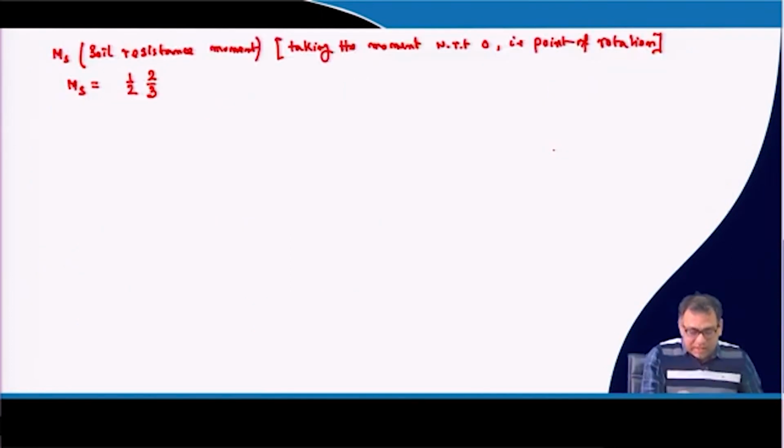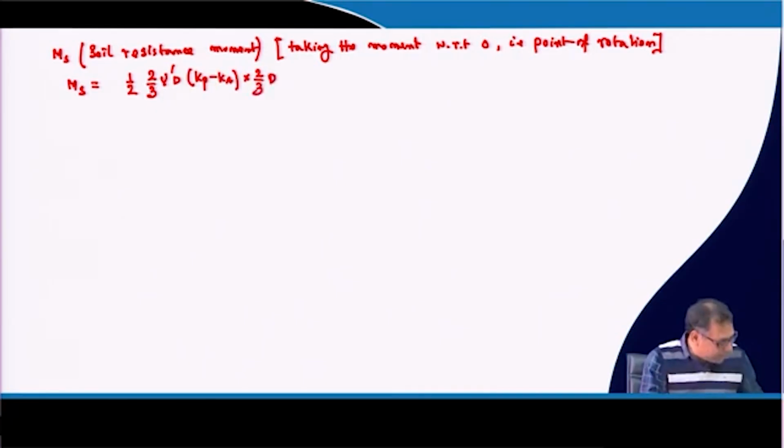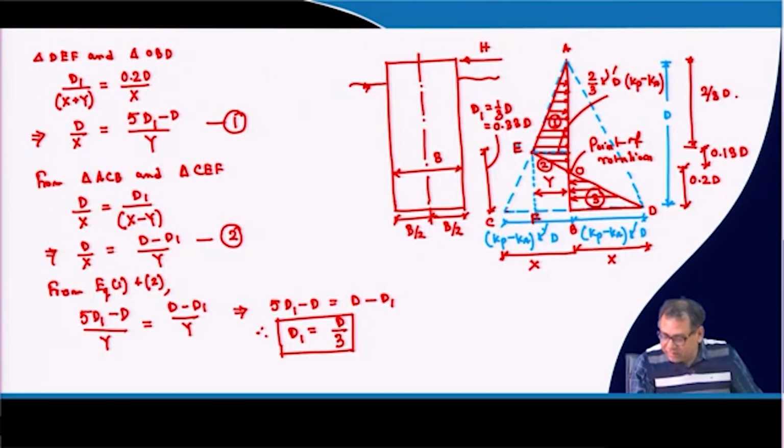So, I can say that the moment Ms at this point: the force for triangle 1 will be 2/3 of gamma dash d Kp minus Ka into 2/3 of d. So, that is the force. Then the lever arm will be, because we are taking moment, then we are taking